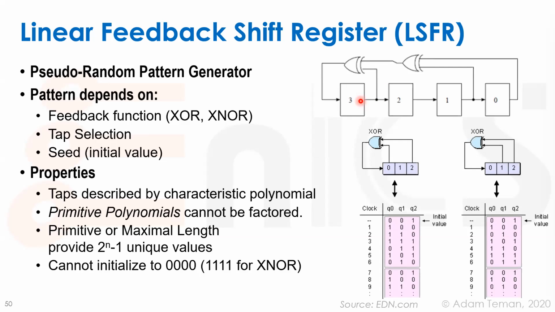Actually, not 16, because if we were to put 0, 0, 0, 0 at some point inside this circuit, then it would just get stuck at 0, 0, 0, 0. So it's 2 to the n minus 1. So in this thing, you can get 15 values, or you can see here that depending on where we tap it, on this bit or on this bit, and it also depends on if you use an XOR or an XNOR, and on what seed, what your initial value is, you will toggle through the different states. And in this case, every 7, you'll get all 7 numbers of this 3-bit vector, and then